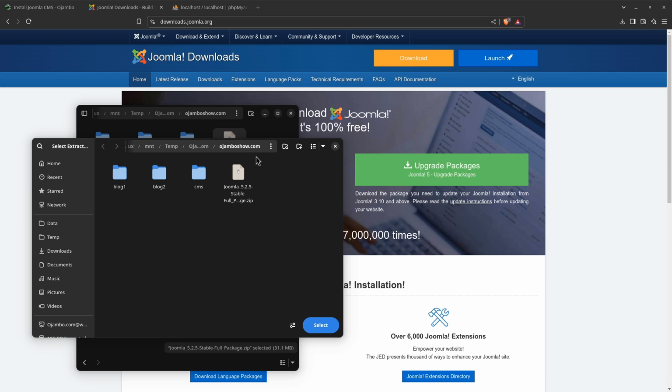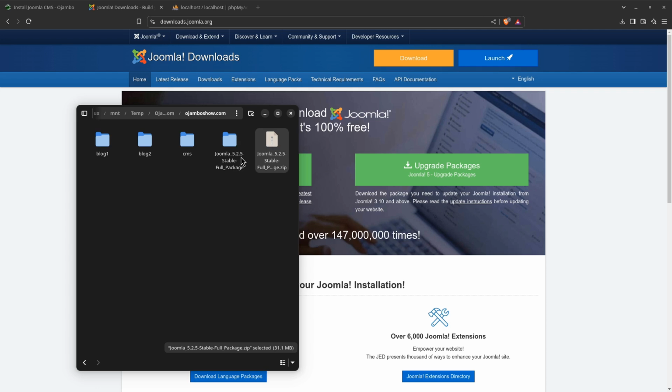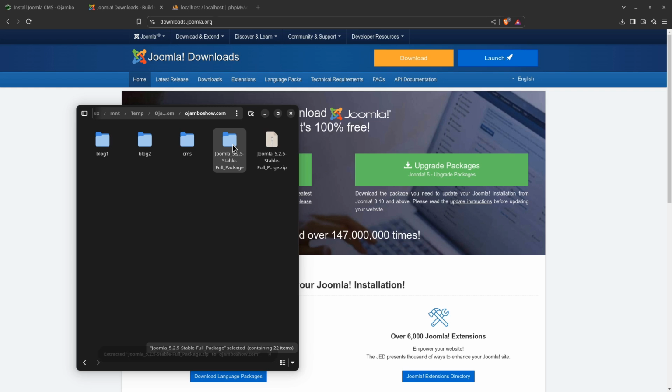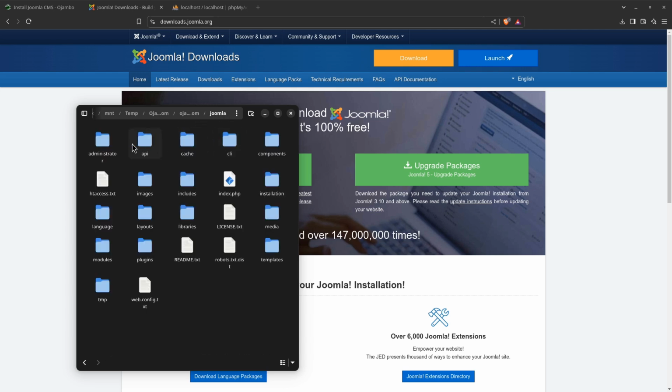So select extract. And you see it created this folder here called this one, but let's rename this to Joomla. Okay, so we don't need this anymore, so we can simply just delete that. Okay, so this is the Joomla folder. Now, all you need to do, if you go inside, you see it has all these things here. So all we need to do really is just point to this, and I believe it will automatically install. However, before we do that, I just want to